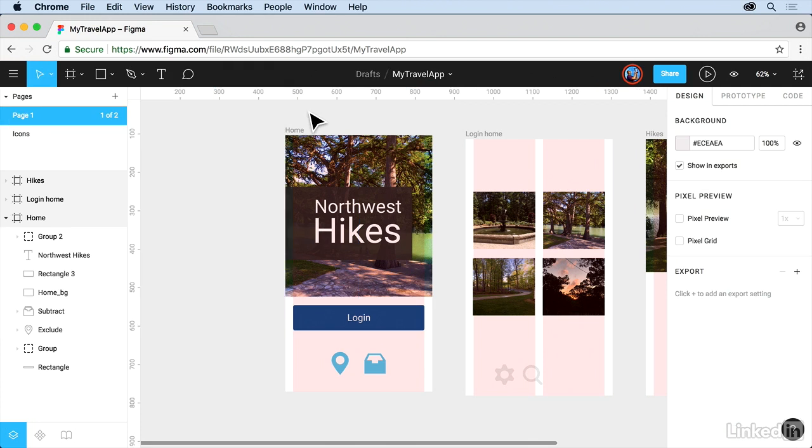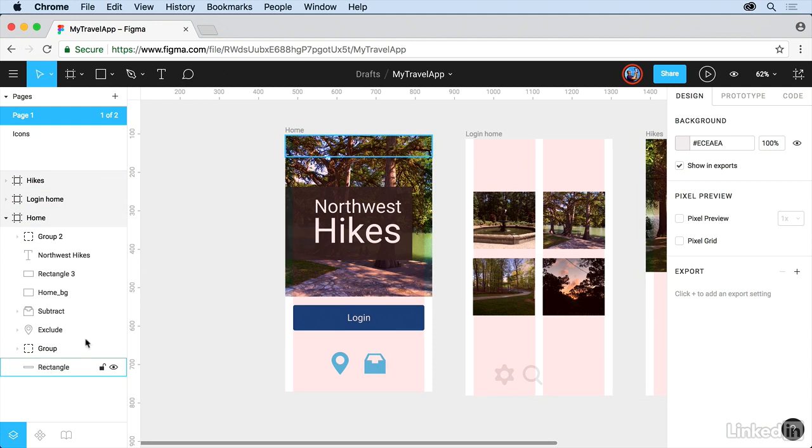Now, the Layers panel is organized, like I said, by frames. If you look in here, if you hover over things, you're going to see it's going to actually highlight it out there, even to individual objects within a frame that you've got. Now, just like other programs, these are organized according to the frames out there in the canvas. So you can see hikes is the farthest to the right, etc. Now, the ordering of the content here makes sense because if you've ever used layers before, you can see that things are stacked one on another.